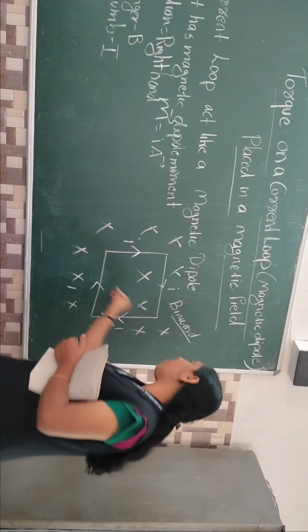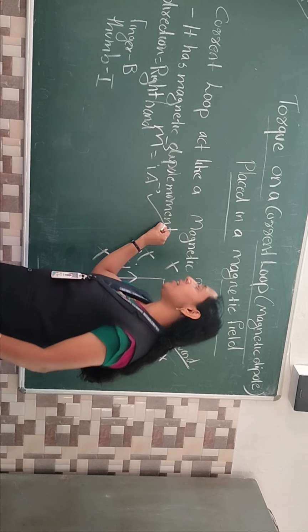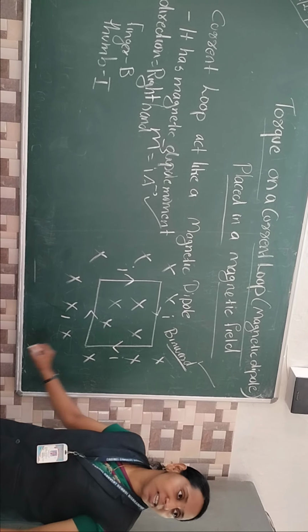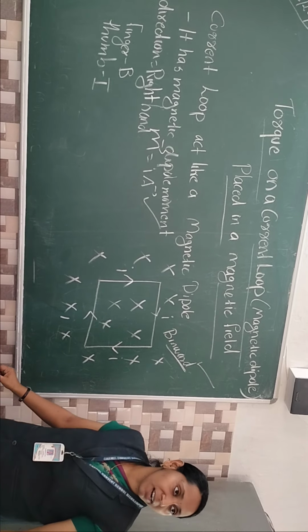What is the meaning of uniform condition? Everywhere the magnetic field is the same. Is this much idea clear, everyone? So the magnetic field is inward. Then after that, the magnitude is given. The direction of the magnetic dipole moment is also given. Then what is our aim? We want to find out the force.